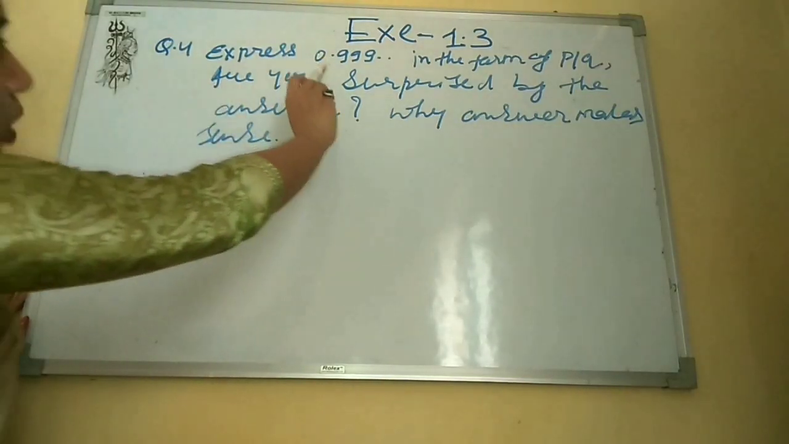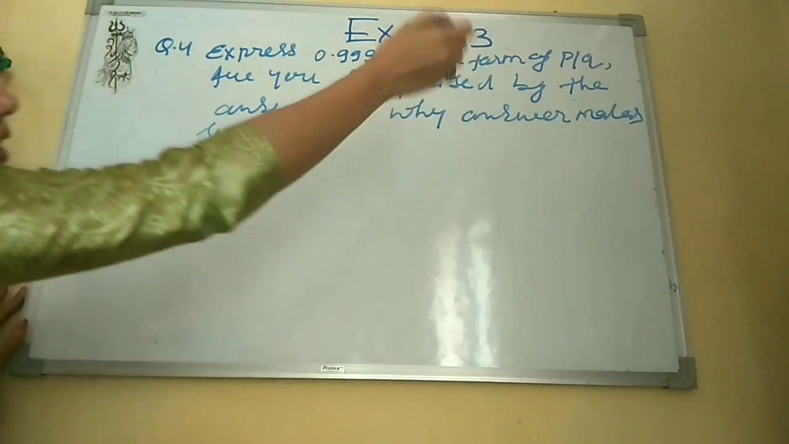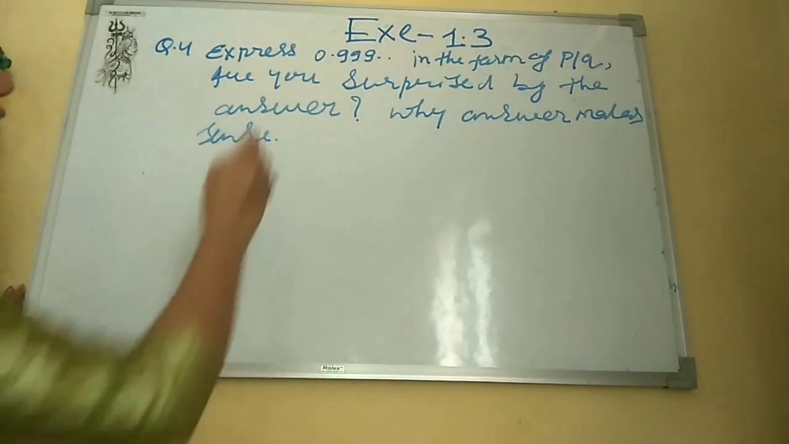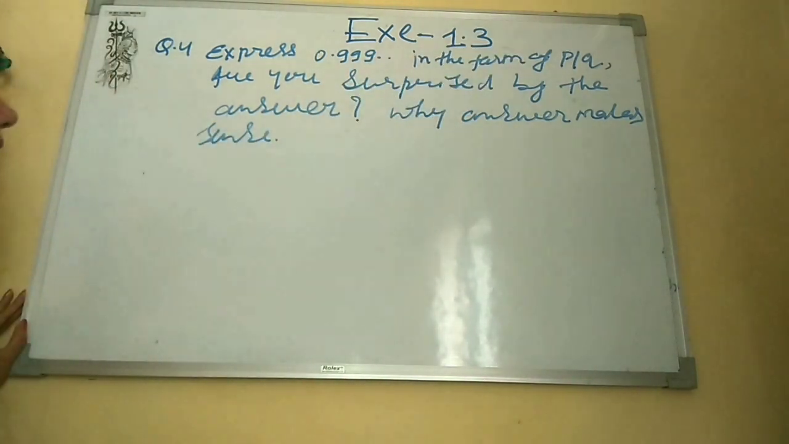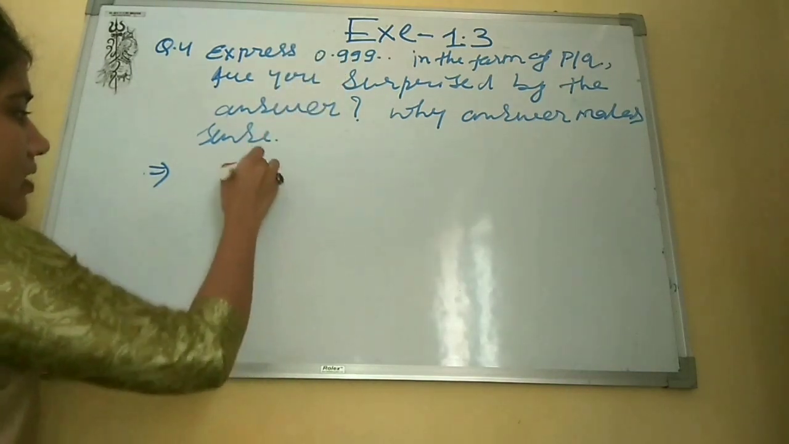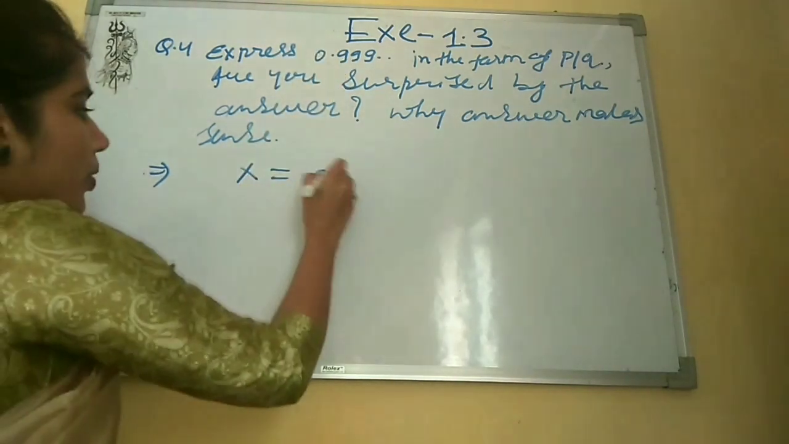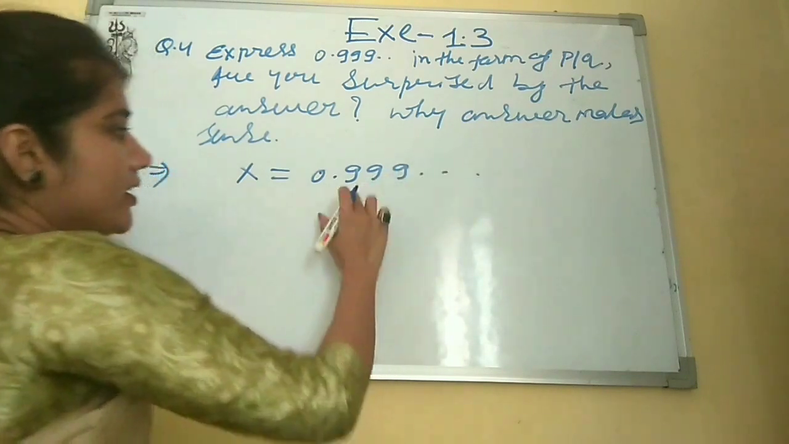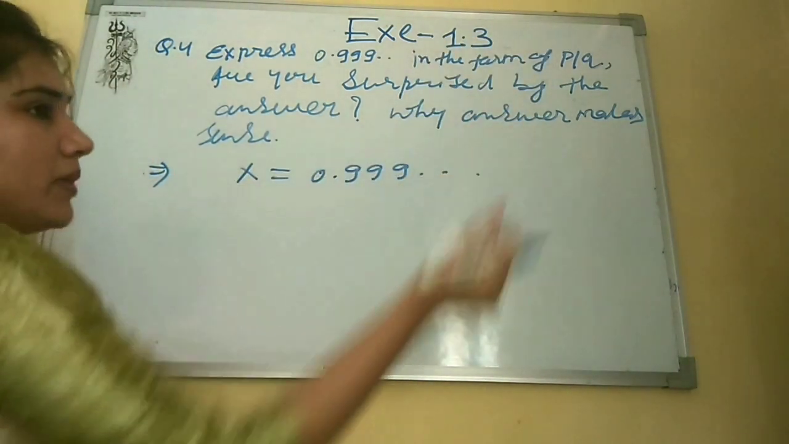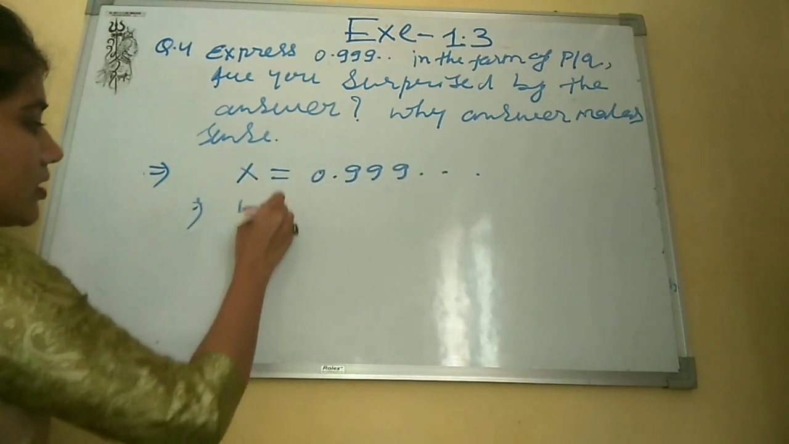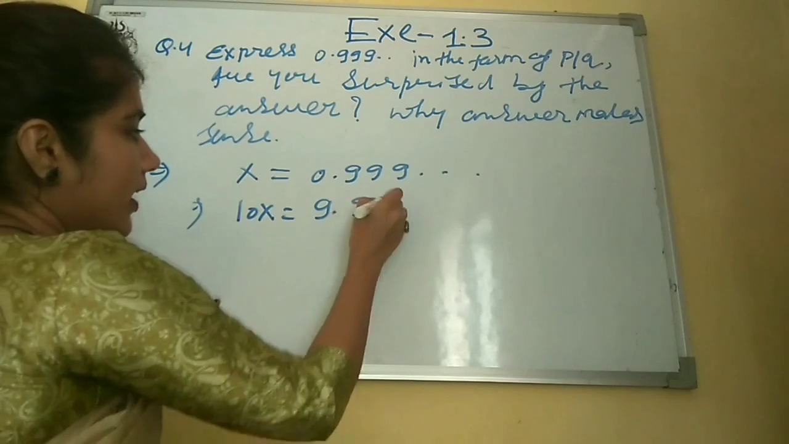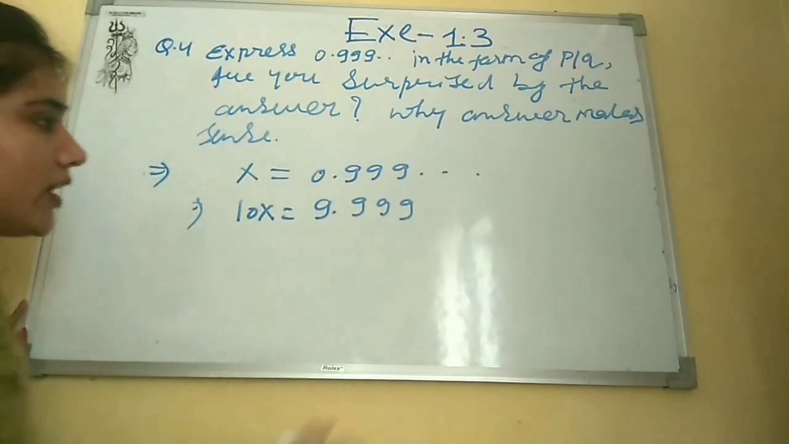The question is: express 0.999 infinite times in the form of p by q. Are you surprised by the answer? Why the answer makes sense, let's see whether we will be surprised by the answer or not. The same process, we will assume x equal to 0.999... The 9 is in a repeating form, only one digit in a repeating form. So what we will do? We will multiply by 10 on both sides. 10x equal to 9.999...